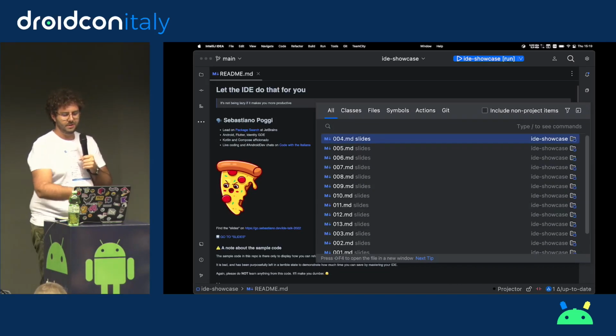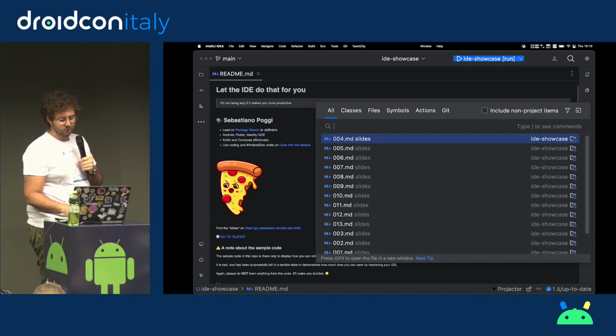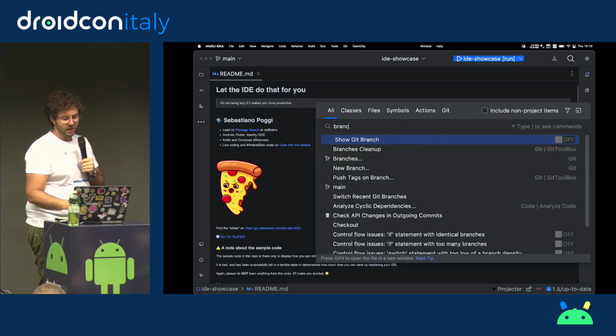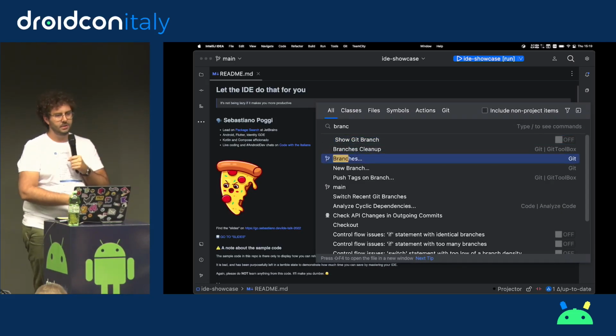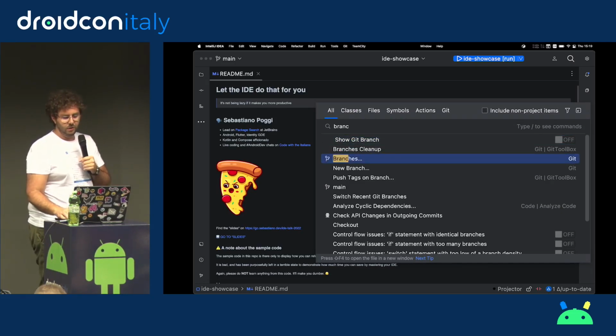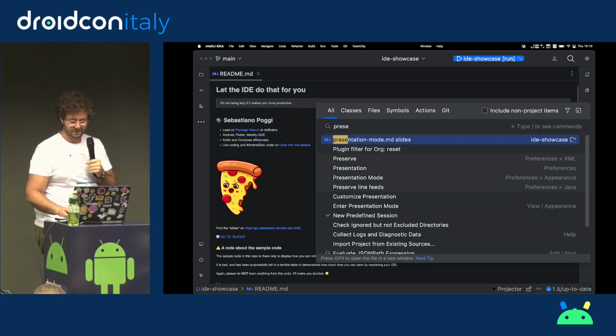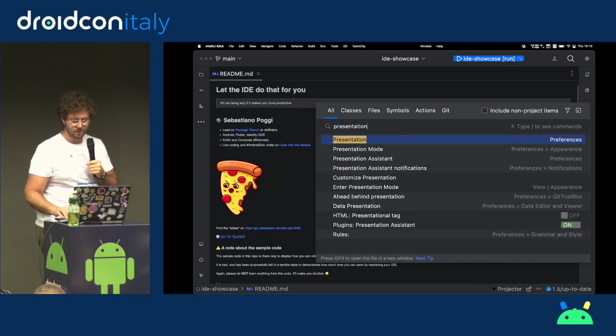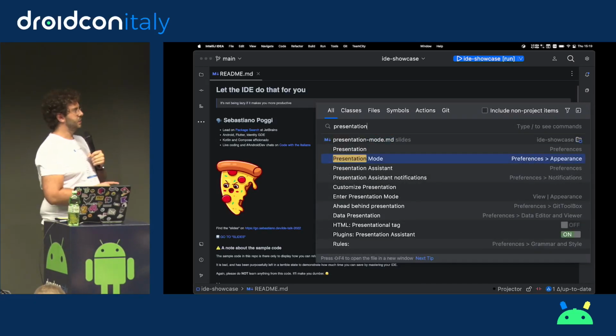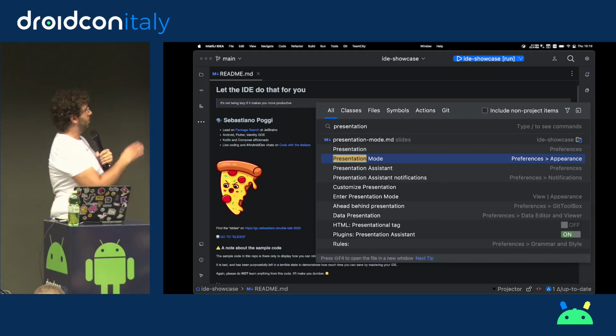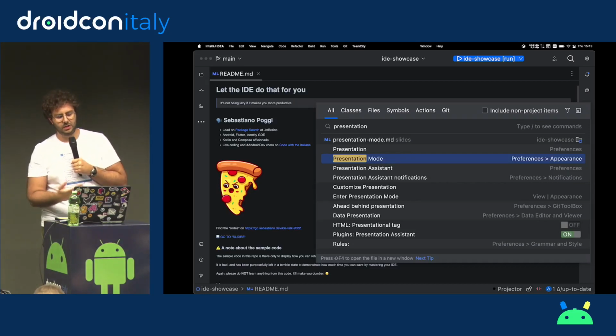And here you see, for example, it's listing files. Maybe I want to change the branches in the history, so you can do that. You can also start something useful, such as presentation mode. Presentation mode is going to be useful now, but what I wanted to show you is that I don't need to write the entire name like I just did.